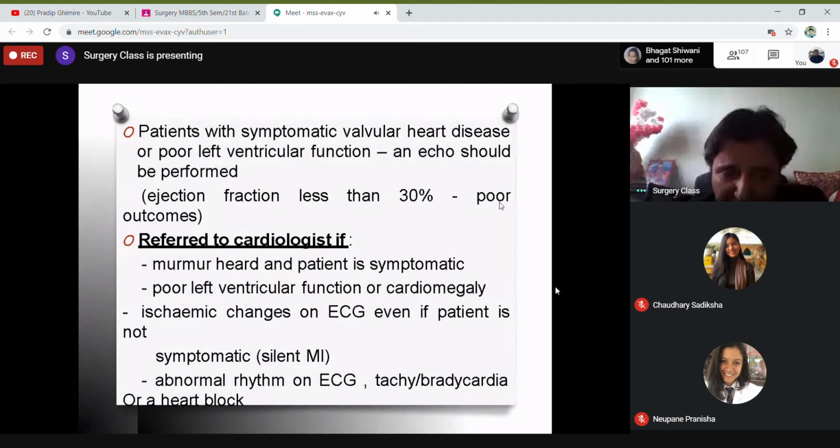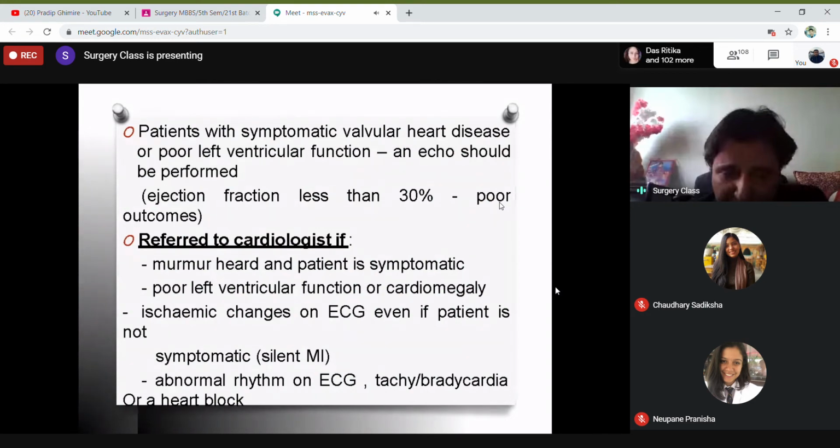Previously the guideline was that you have to do a clinical examination of the patient. If the patient is more than 40 or 45 years of age, has some symptoms like dyspnea on climbing upstairs, or has to undergo a very major operation, like a Whipple's procedure, a gastrectomy or a hemicolectomy,